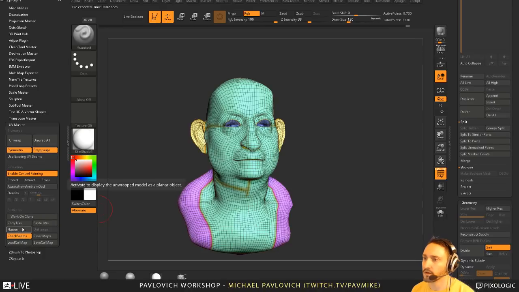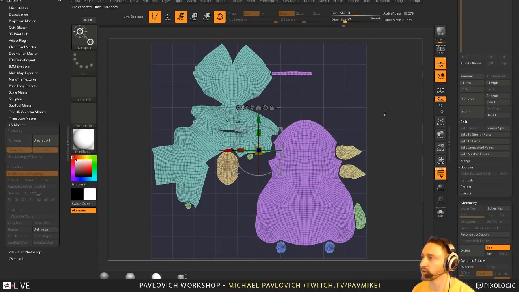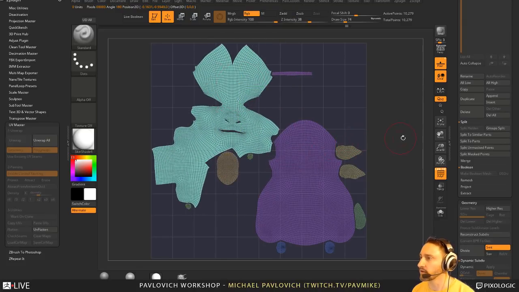So if we do flatten here, these are the UVs we're going to get. You can change any of these UVs on the fly if you want to. You can hit W and hold down Control and tap, turn off X symmetry. You can move these things around. You can scale them down if you know that there's areas where you're not going to need a whole lot